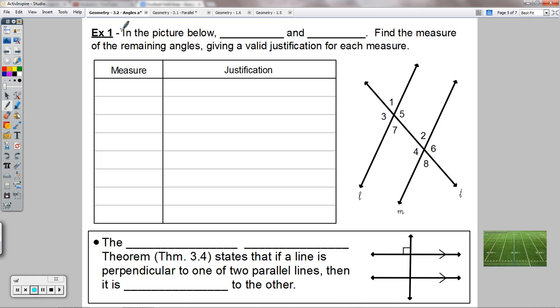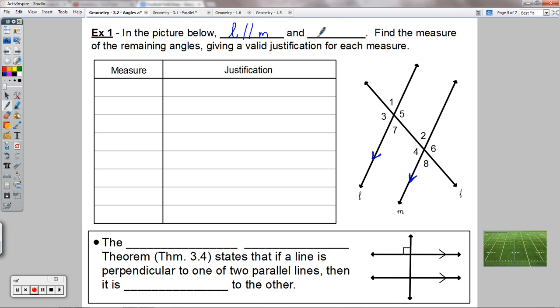And example 1. In the picture below, blank and blank. So some things are true in this picture. I'm going to tell you this looks like a script L, M, and this is a T. T is representing my transversal here. I'm going to tell you that this is true. So I told you I would hit this over and over again. Here it is. We can't assume just because they look like they're parallel that they are. We have to actually be told that we can assume that, or we would have to prove it somehow that they are parallel. So I'm going to tell you that you can assume that M and L are parallel,